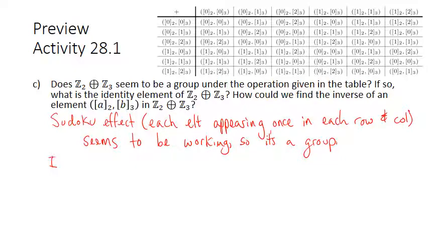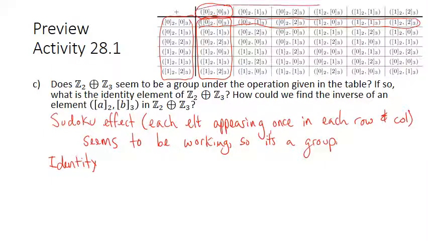So the identity element: I'm looking for a row and column that are the same as the ones on the very left and the very top. It certainly does seem like this row right here, or this column right here, is the same as this one. So that would indicate that the identity would be this. And similarly, this row right here is the same as this row up here. So that would also indicate that this right here should be the identity. So the identity seems to be